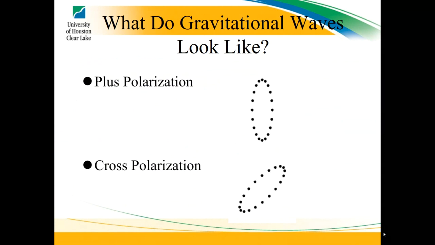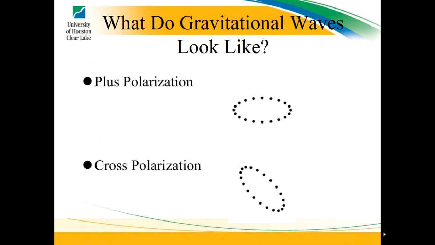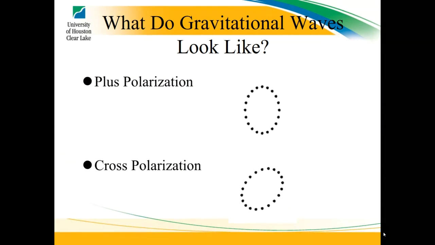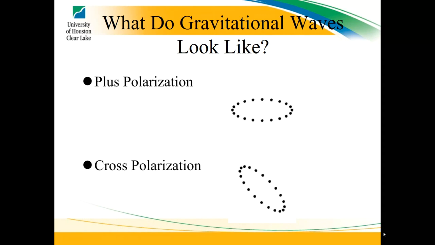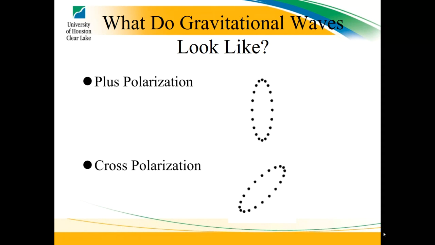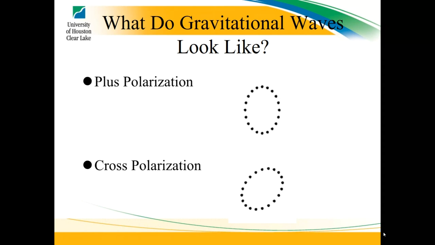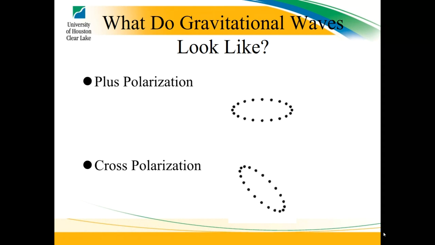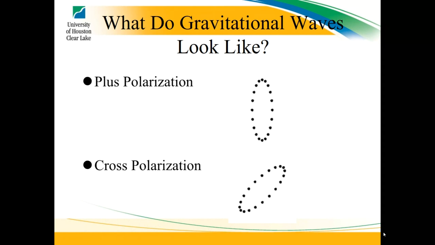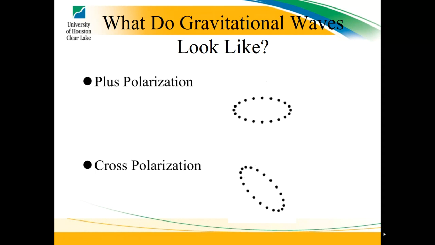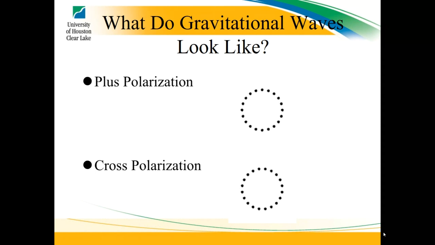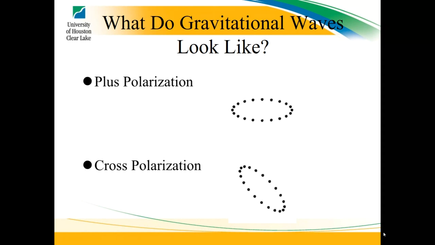Another thing it can do is, if you go to a movie theater and see a 3D movie, they actually polarize the movie on the screen so that your right eye sees one thing and your left eye sees something completely different. By doing that, they create a 3D effect. With gravitational waves, they don't have a vertical and a horizontal polarization. They have a plus and a cross polarization. So this polarization here is like a plus, and this one is like a cross.